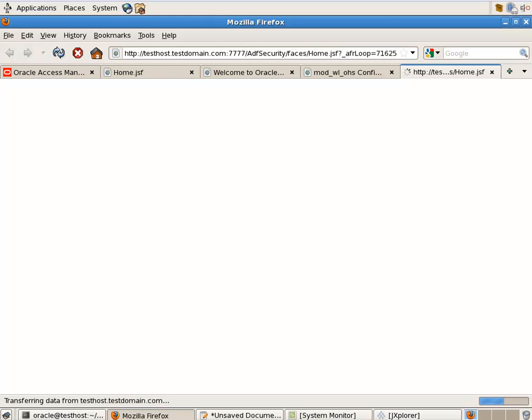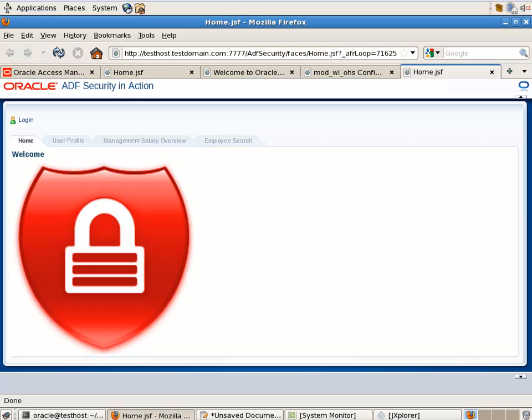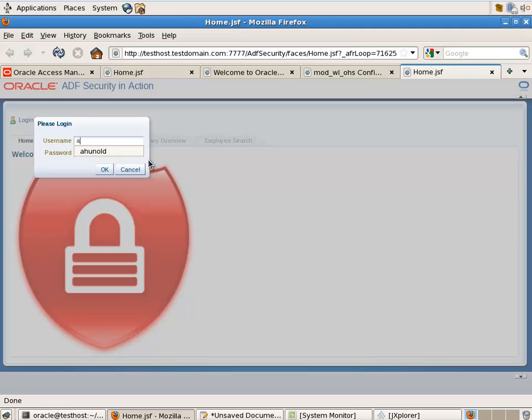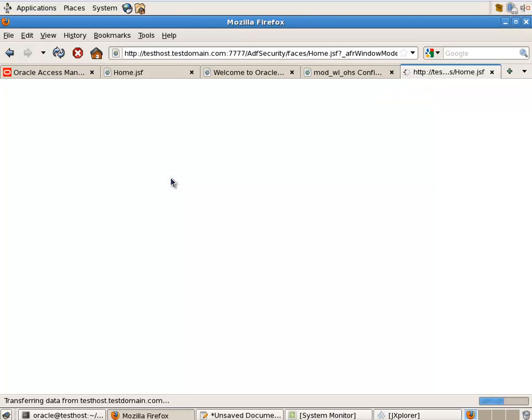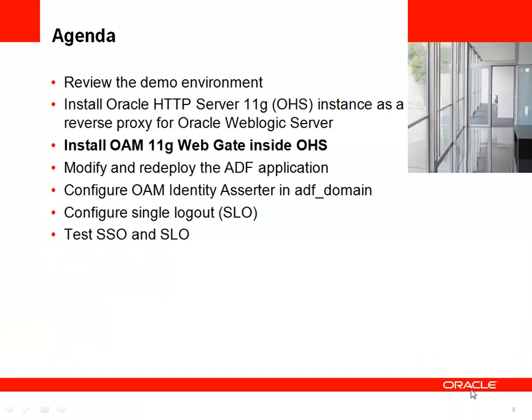I can also access my application using the OHS that acts as the reverse proxy for the WebLogic managed server. So let's just log in as a user to make sure that everything is okay, that my application is still functioning as expected. Our next configuration step is to install Oracle Access Manager 11g WebGate inside Oracle HTTP Server and